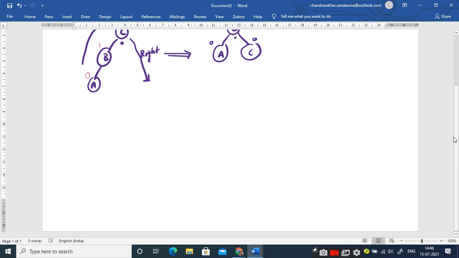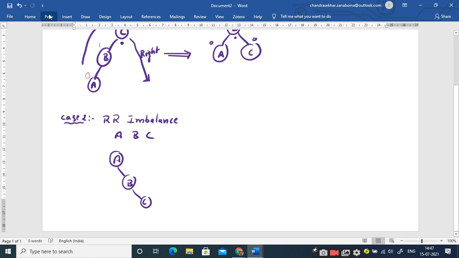Yes, sir. Now it is case 2. What is case 2 here? RR imbalance. Case 2 is RR imbalance. We try to give a solution to the RR imbalance. As I told that RR imbalance means we are trying to insert a node as the right child of already right child. So that is why it is called as right of right imbalance, right? So let me take it. What is the sequence I have? A, B, C, sir. So when I try to create A, B, C like this, I will get the A, B, C like this.